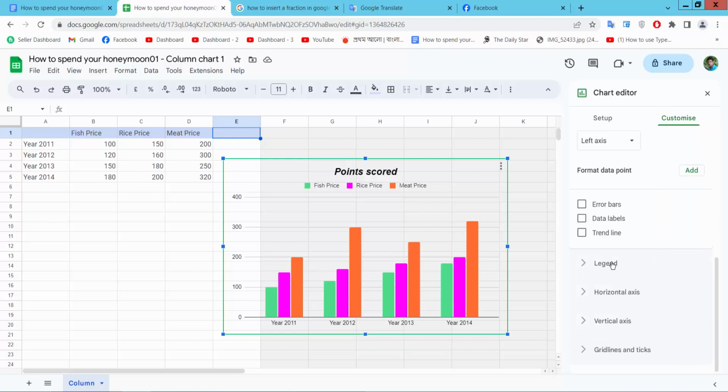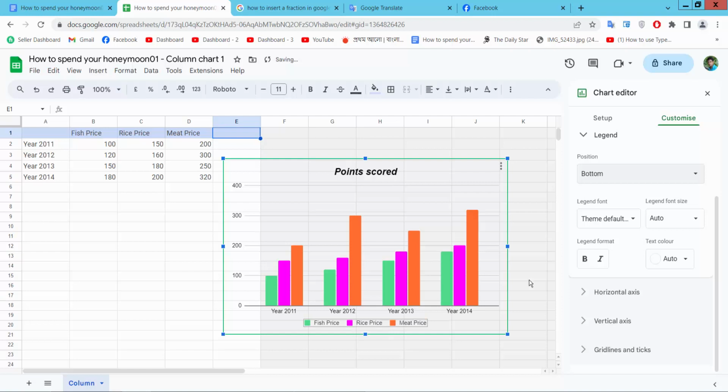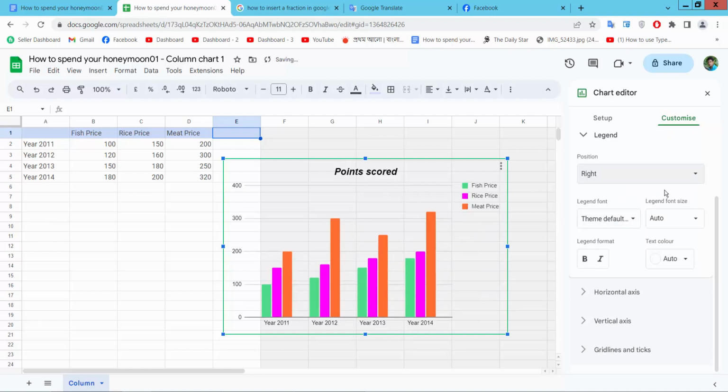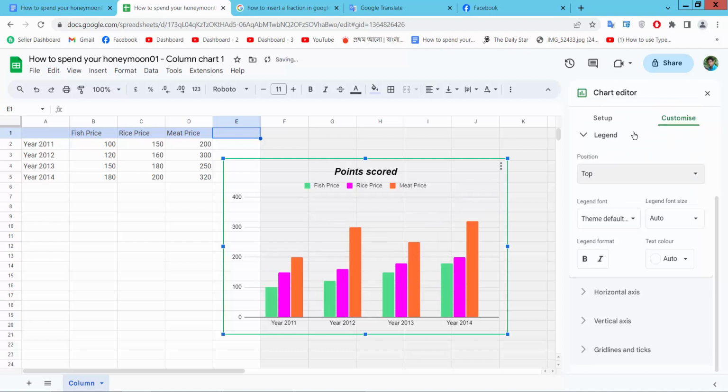Now I'll change legend. Legend, that means this legend. You can make legend position bottom and see this bottom. Also you can make it right here. And choose top series